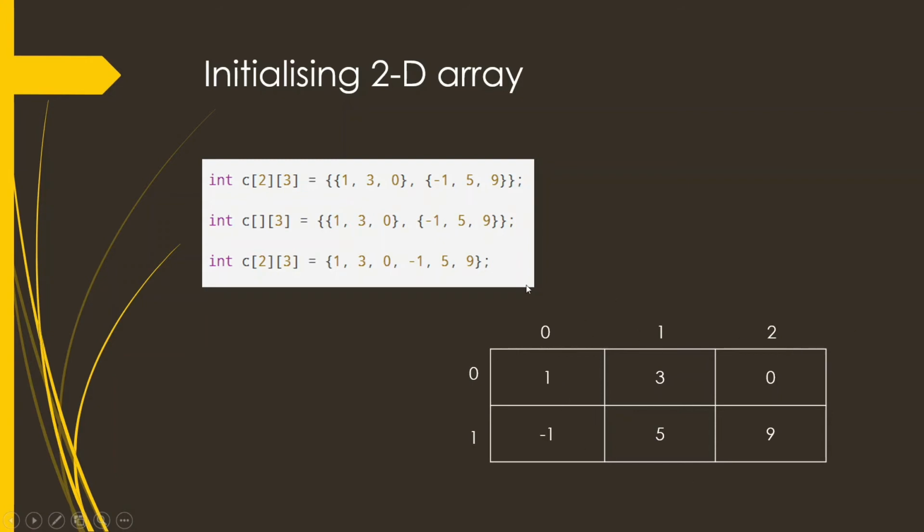as you can see in this matrix. The second method is that we are not defining the size of the first dimension, as we have done in the 1D array, but you cannot leave both of these dimensions empty, otherwise it will display an error. And in the final method, we are not using any curly brackets to differentiate between the rows, and we are simply defining the elements consecutively, and they will be entered in the matrix in this order.